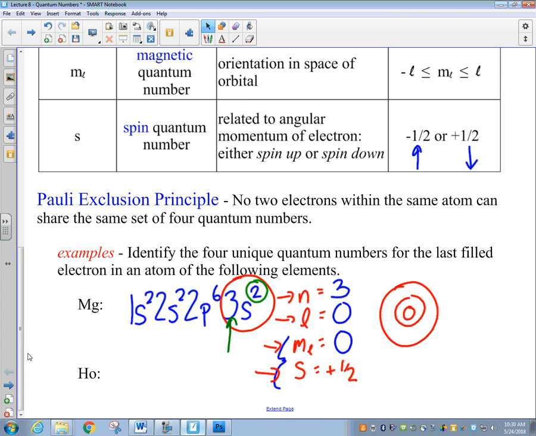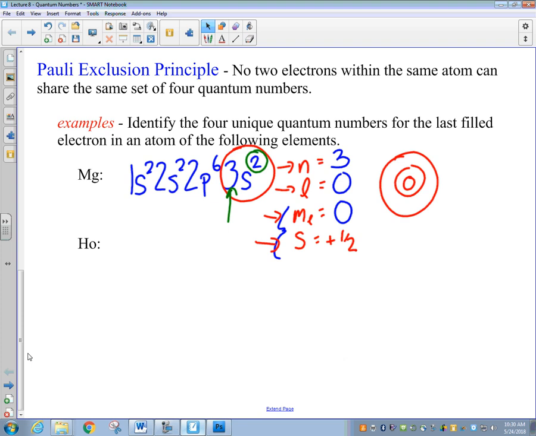Let's go ahead and take a look at a second example. Let's look at element Ho, which is holmium. Holmium on your periodic table is element number 67, which means we've got a big electron configuration to deal with here. So let's use our noble gas shortcut, going back to the previous noble gas before holmium. Before 67, you go all the way back to element number 54, xenon. So we're going to follow element number 54, xenon, and then, following along in your periodic table or your Aufbau sheet, after 54 comes 55, which is cesium. That would give us now a